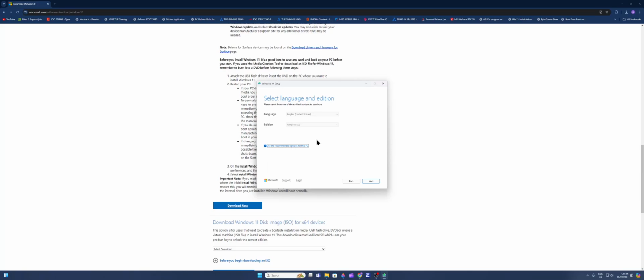But if your intent is to use the bootable Windows 11 installer flash drive on another computer, which is most likely a new or newly built computer, you'll just have to uncheck this, so that it will download all of its options not tailored for this particular computer that you're running this installer from. Okay,